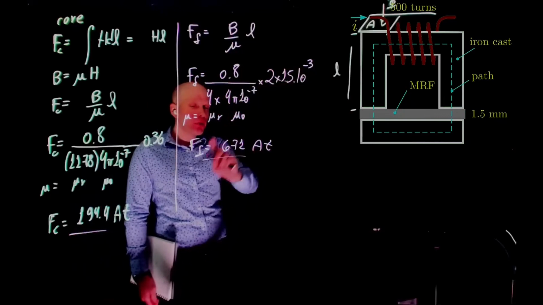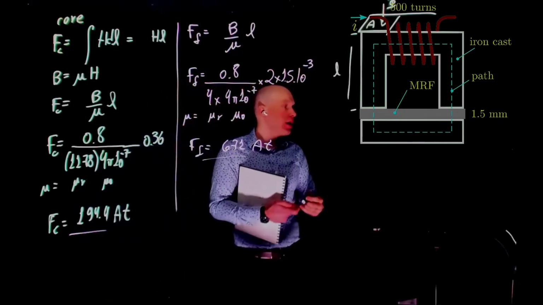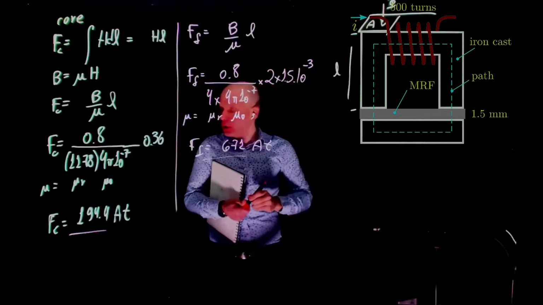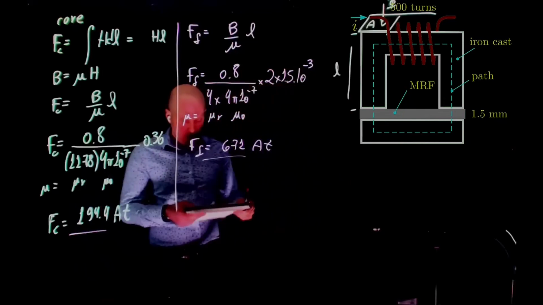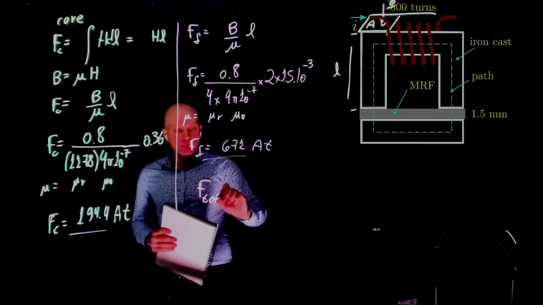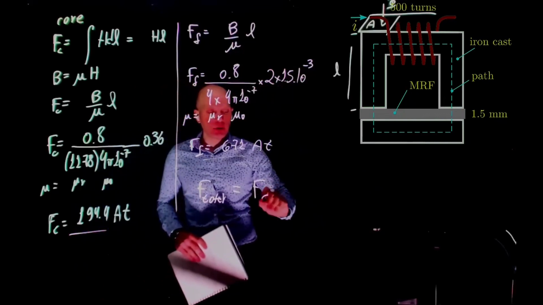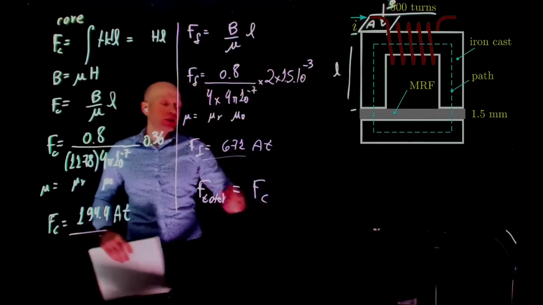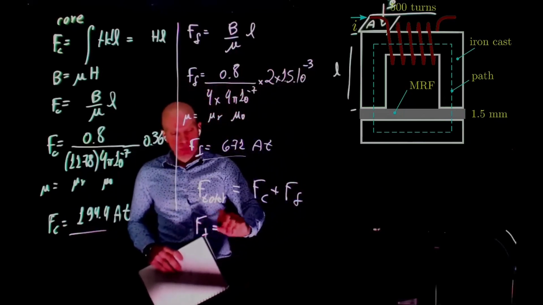It takes a lot more energy to develop a magnetic field in a material that has a low permeability, in a non-magnetic material. That makes perfect sense. Now, what is the total induction? That is FC, sorry, now the total magnetomotive force is FC plus FF. And this is